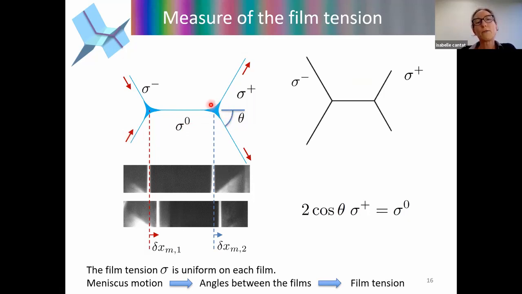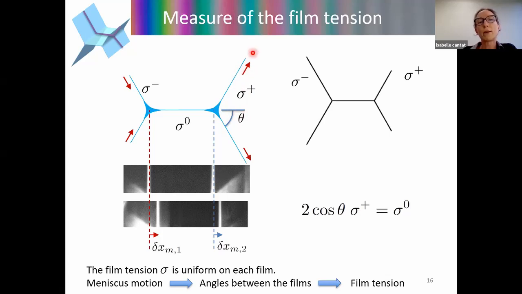And the position of the meniscus, this meniscus for example, is entirely determined by these rules that come from the force balance on one meniscus. So the tension here must balance 2 times the tension here and there, multiplied by the cosine of this angle corresponding to the projection of the force in this direction. So if all the tensions are the same, the big angle here is 120 degrees. But if there is a tension difference between the two films, this angle must vary.